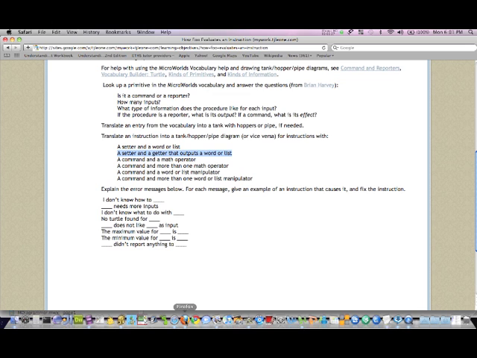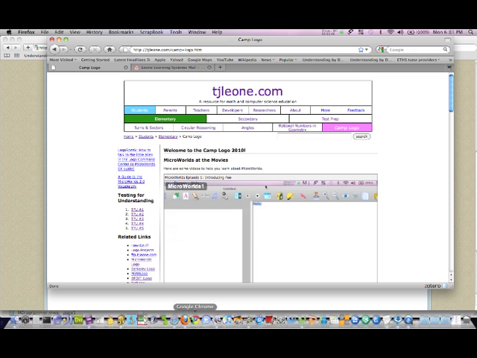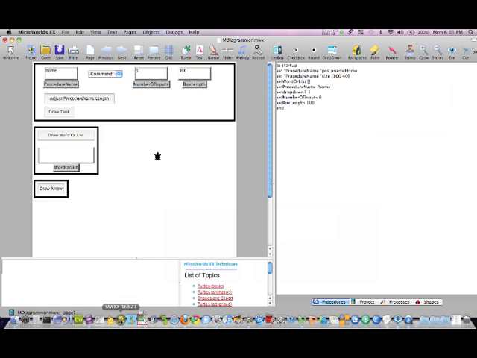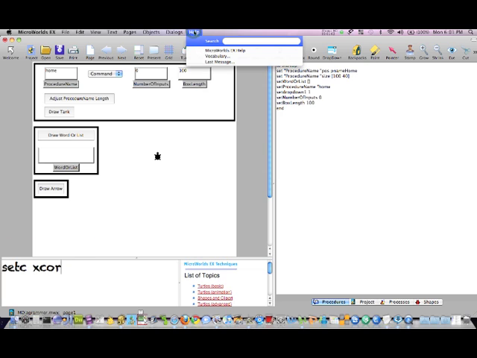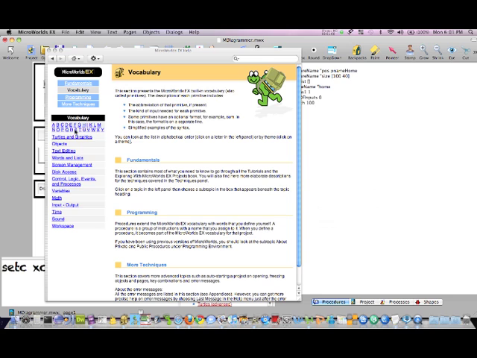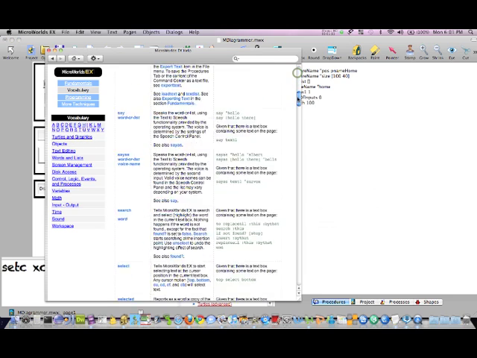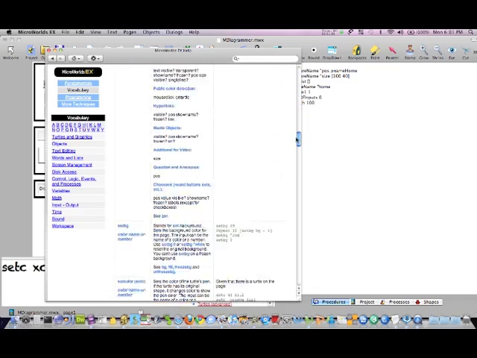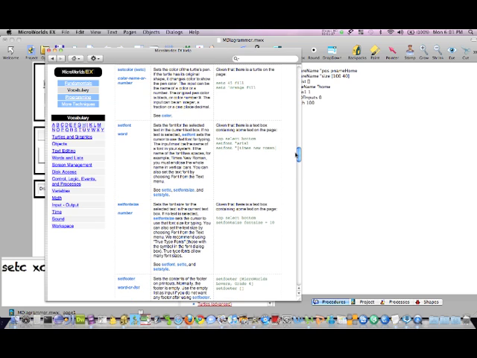So, suppose I gave you something like, say, set C to X core. We can quickly check the vocabulary. Set C, or set color,